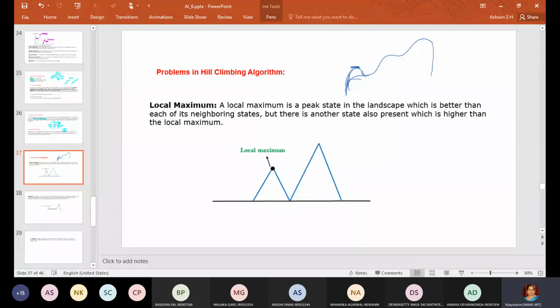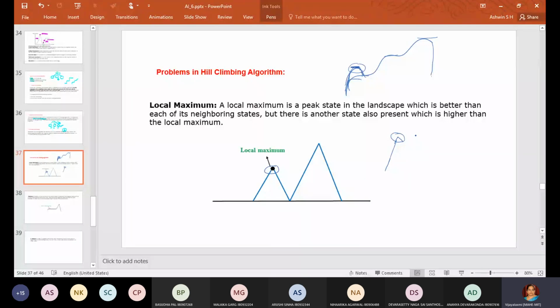When you climb the hill blindfolded, you only come to know you have reached a peak when the next step goes down. Until then you are going upward and don't know whether it is the peak or not. At the next step you are slightly going down, and you realize you have reached a peak. But you don't know that there is another peak.